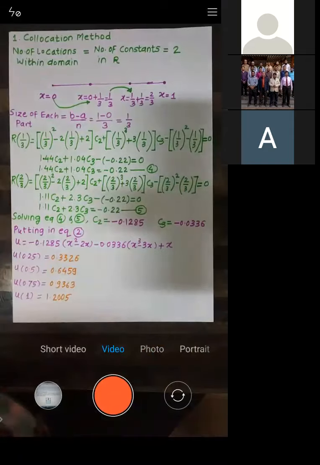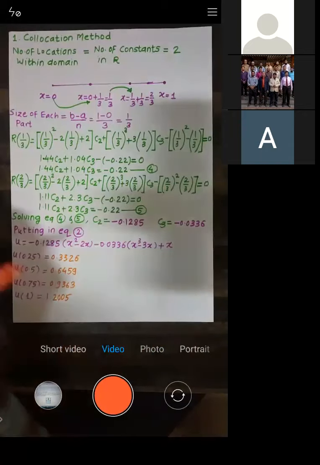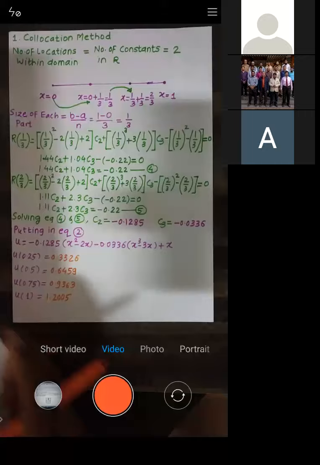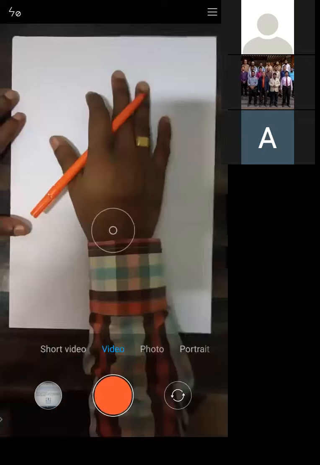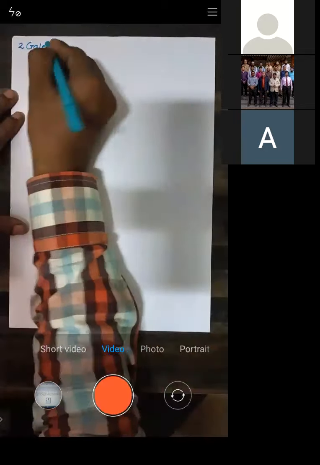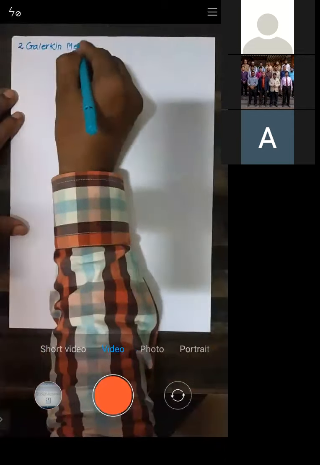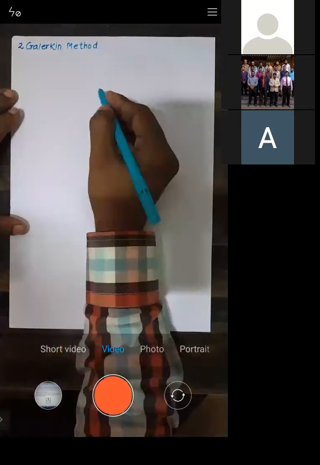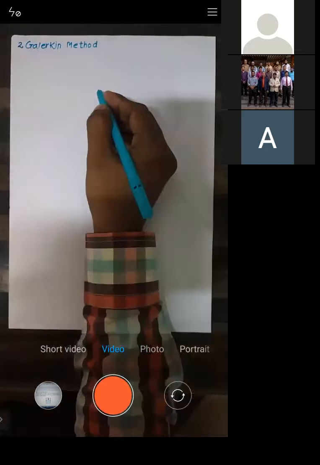So see, we have solved this by collocation. Let us solve by the next method, and let's take that method as the Galerkin method. I'll solve that now by the second method, and that is the Galerkin method. As I told you, for Galerkin method we need to